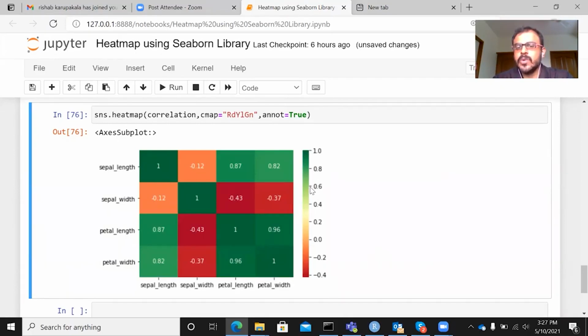As the correlation value reduces to below 0.6, the shade of green fades. And on the other end of the spectrum, you can see red cells, which correspond to negative correlation.